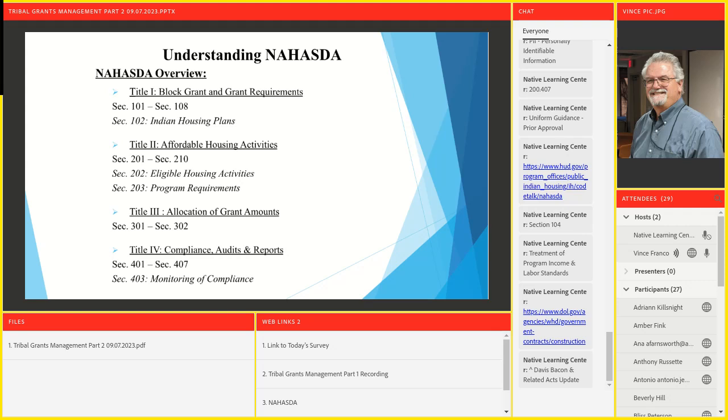The nice thing about it is there are 11 different categories. They have one for general operation. They have another one for compliance. They have another one for procurement. They have one for housing. They have all kinds. There are 11 different categories. What's nice about it is you can mix and match. You can pull different things out of those templates provided by HUD and make your own.